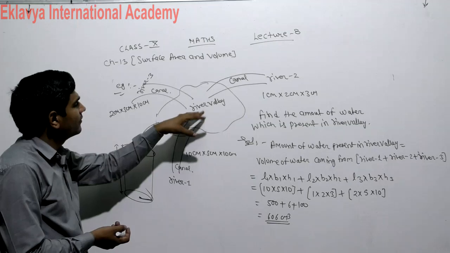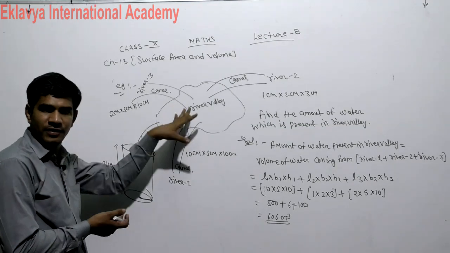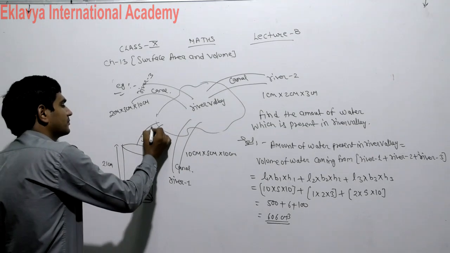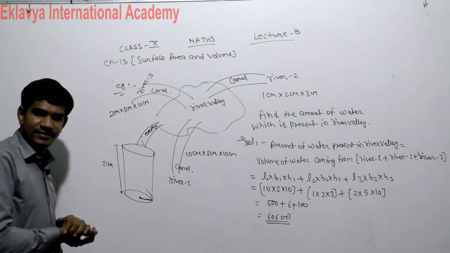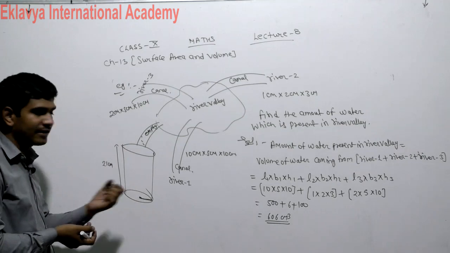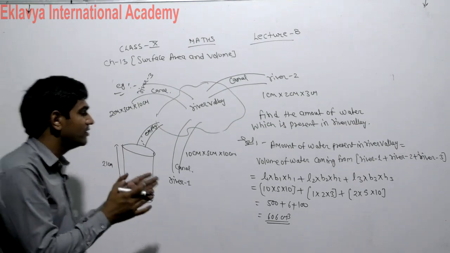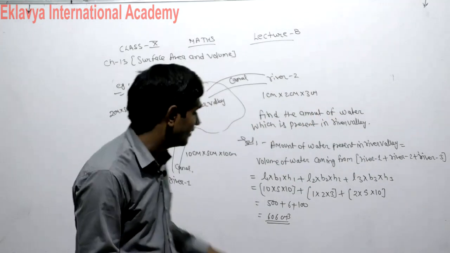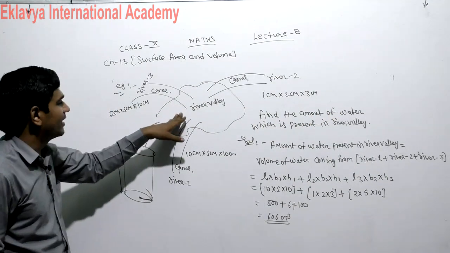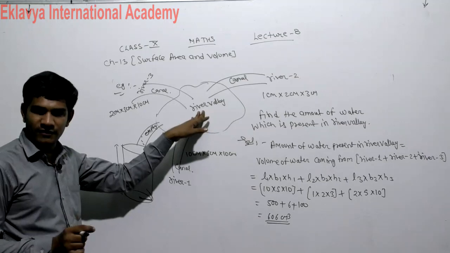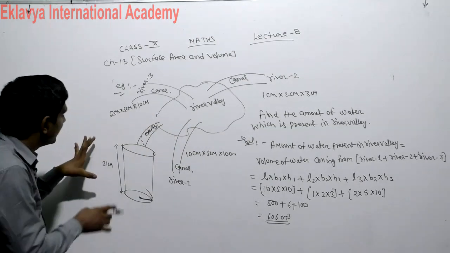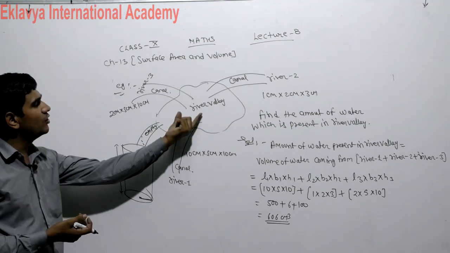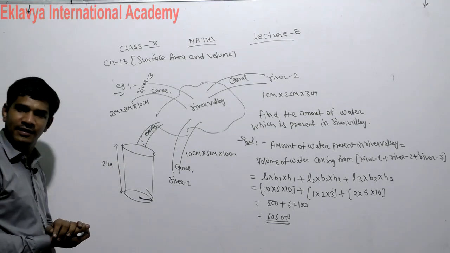Now the river valley is filled with the water. Now that water is empty into the cylinder. So what is the radius of the cylinder? Again we will use here the concept of the volume conversion. What is the water which is present in the river valley is equals to the volume of the cylinder, right? The volume of the river valley will be equal to the cylinder.